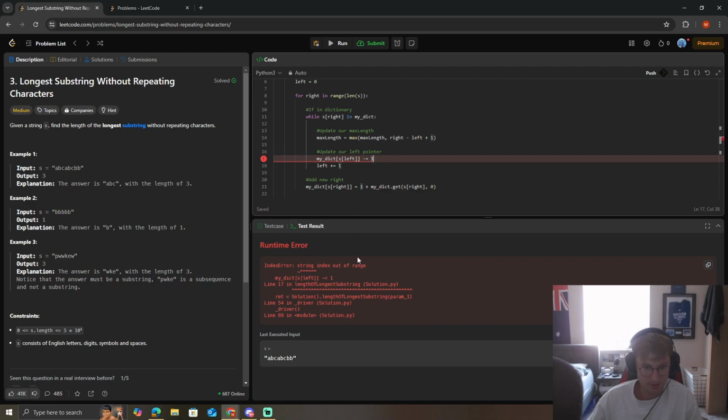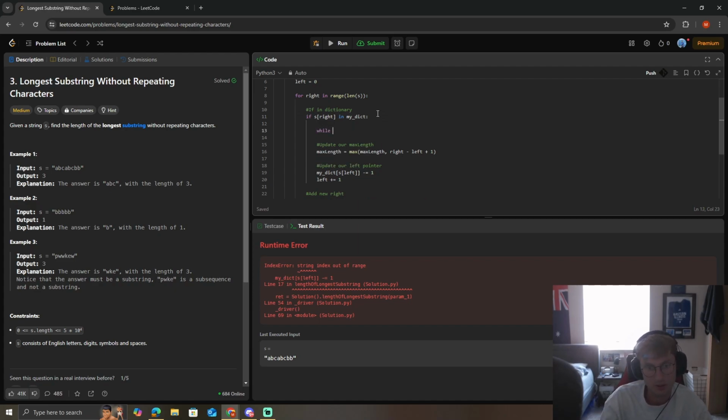And next out of range. No, that's not going to work. We check if it's in the dictionary. If it is, then we use a while loop while